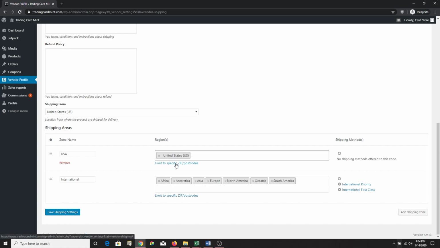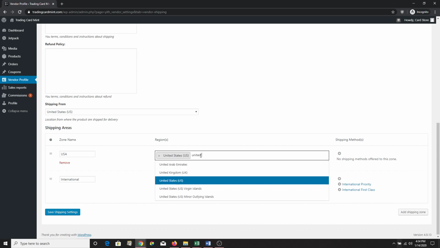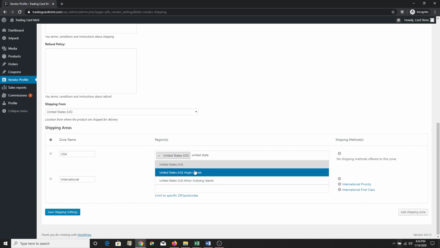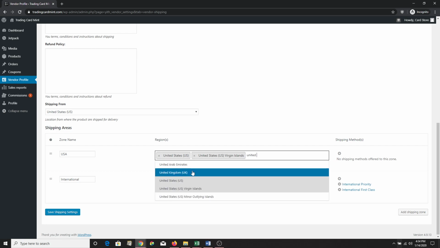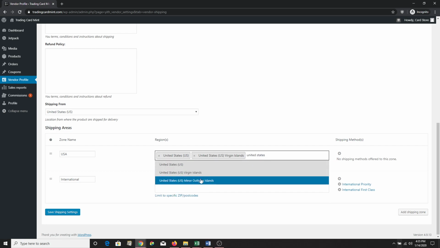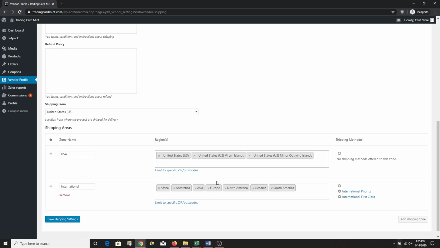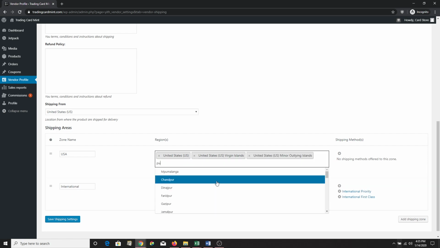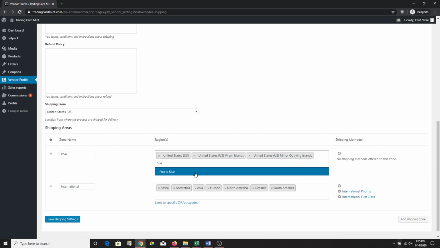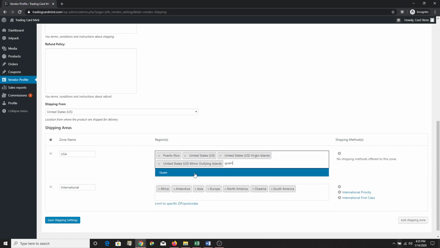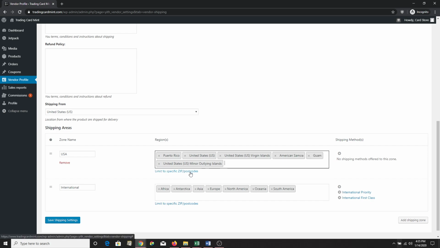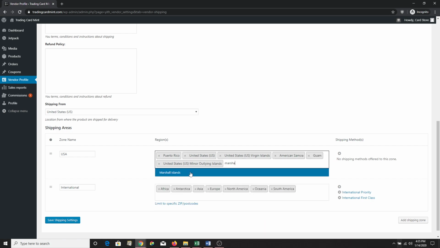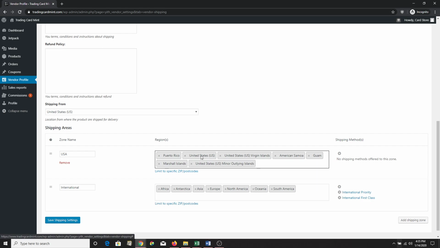Go ahead and click United States. We're going to also want to type in United States again, and then click the Virgin Islands. Then United States again, and click the United States Minor Outlying Islands. We're also going to want to include Puerto Rico, Guam, American Samoa, and the Marshall Islands. These are all regions that are shipped through the post office